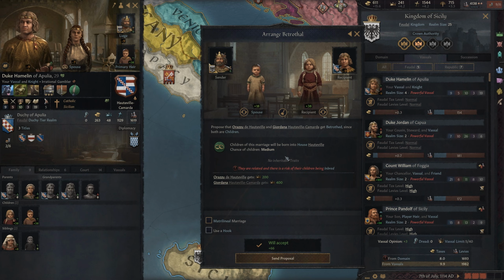So that's a way that you can kind of dodge the fact that he has a low opinion of you. And if you're not trying to currently work on any succession law changes, you can kind of skirt by just having him as an alliance member, because that way he's not going to take any direct action against you. But keep in mind that a lot of times this can cause things to be inbred. So be mindful of that.